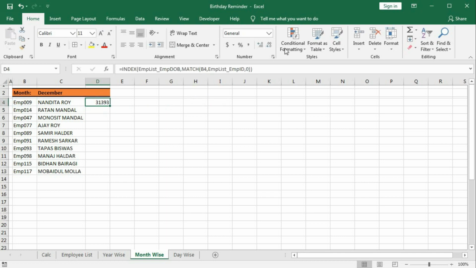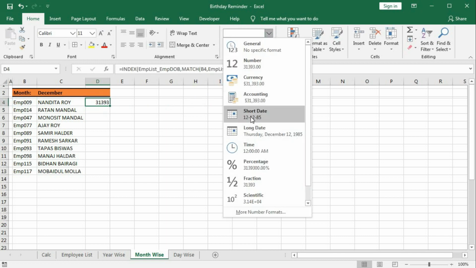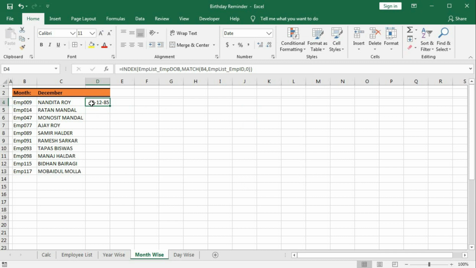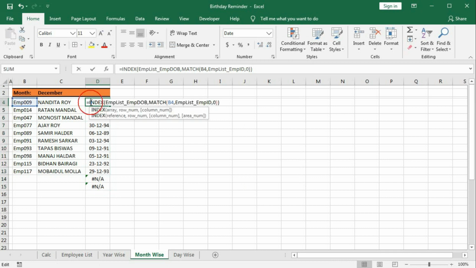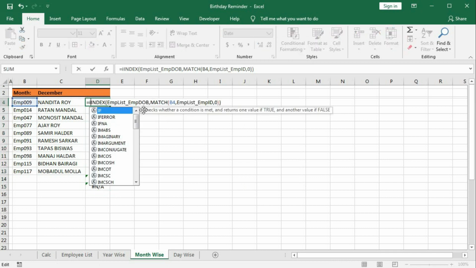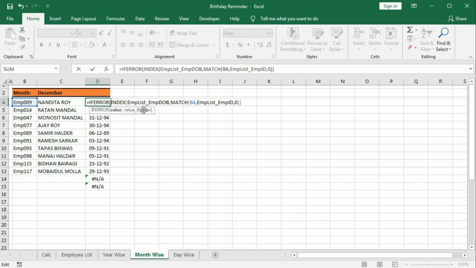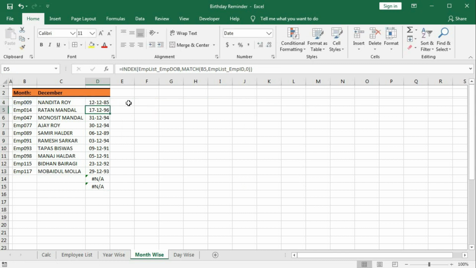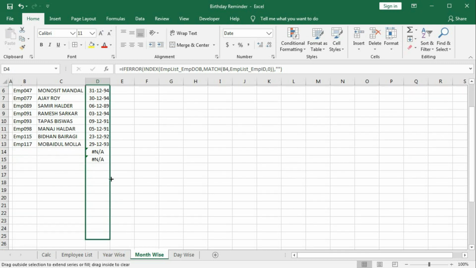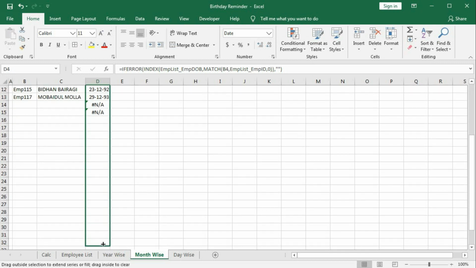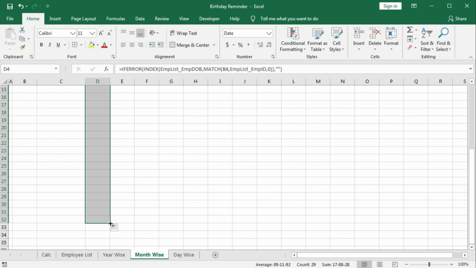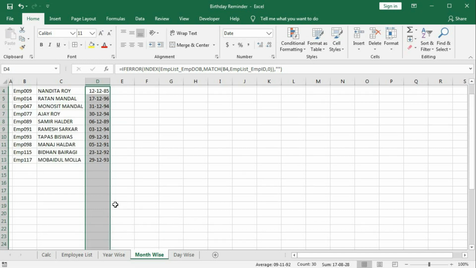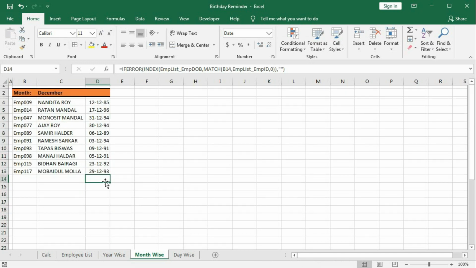So here we have to give a date formatting, and if I drag here, I am getting error. So here also we have to use IFERROR, go to end, comma, double quotation. Now drag till 33. Okay, so we have got the names.